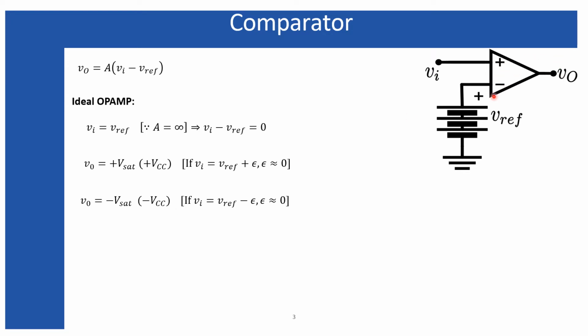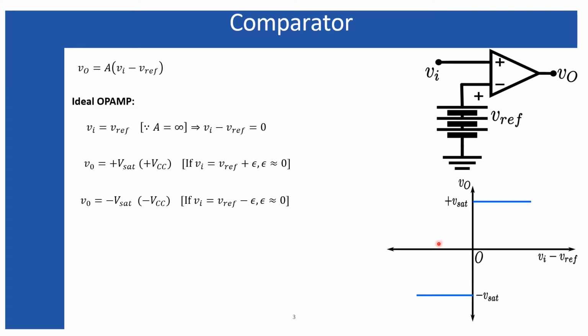So this is the basic operation of the comparator, and this one represents the transfer function for the comparator. This is the output and this one is the input. Now when Vi is equal to V reference, the output is equal to 0, but whenever Vi is slightly